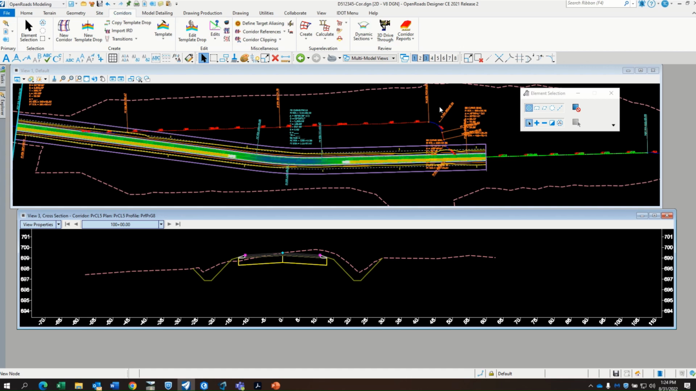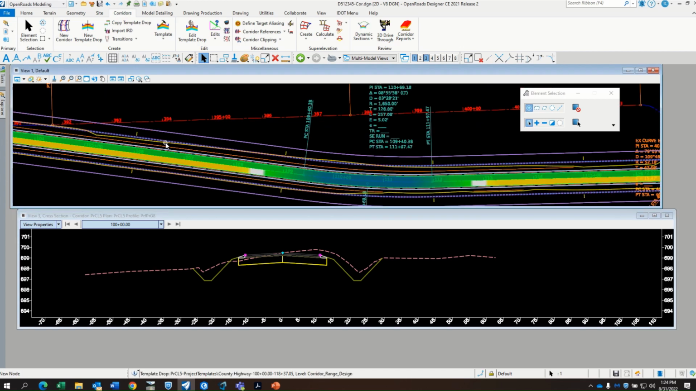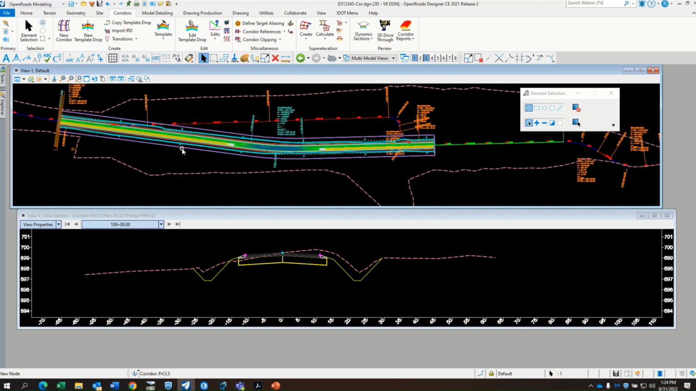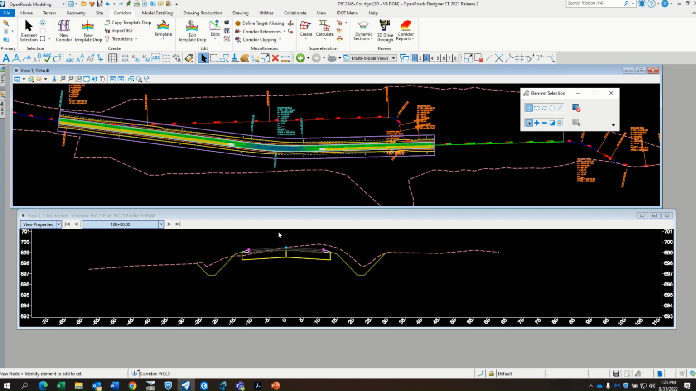Okay, maybe it's just this. I'm in my selector. I think if I select the corridor. Yeah, there it is. All right. So, I've set up my dynamic cross sections like this. We've gone through it, and